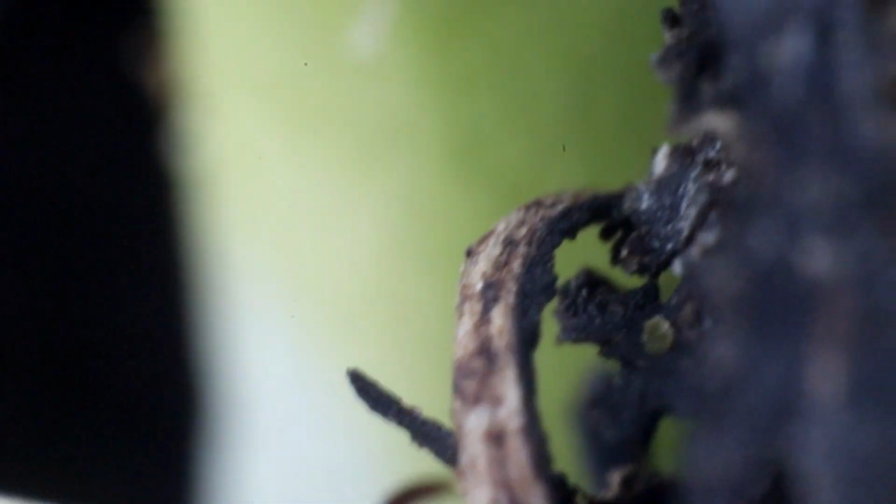We've moved on to the garden bed where I'm growing peas to eat fresh in the pod this spring. What you're looking at is a pea. That'll give you an idea of the scale of this video. And here, behind the pea, a little pea sprout